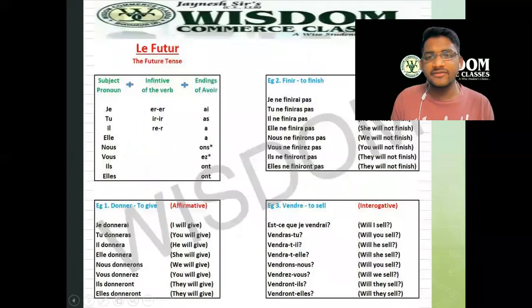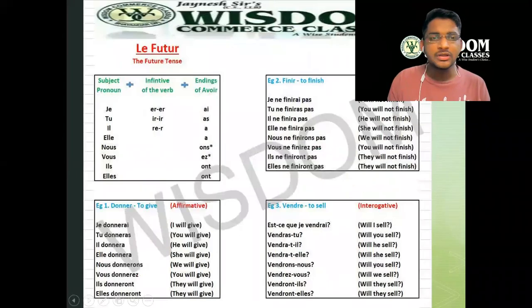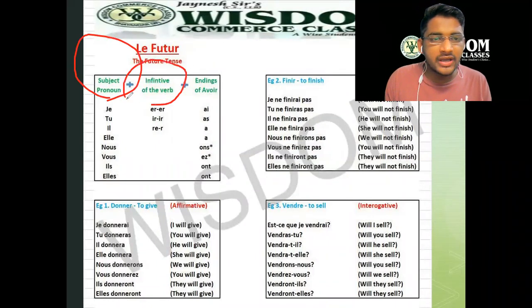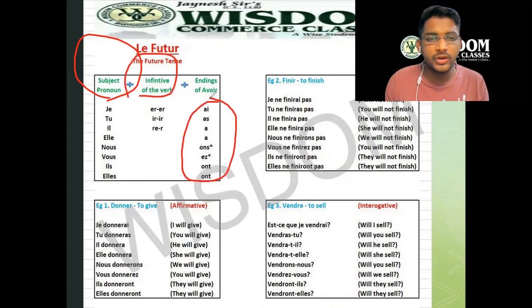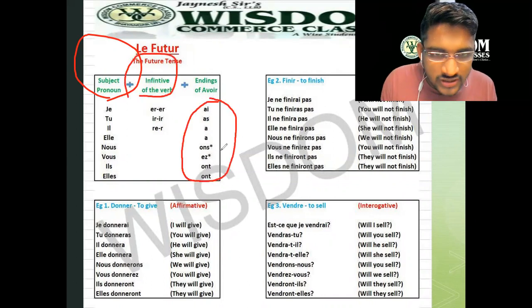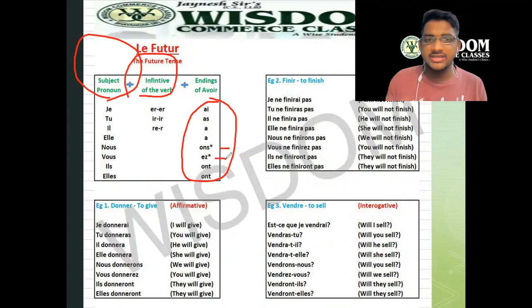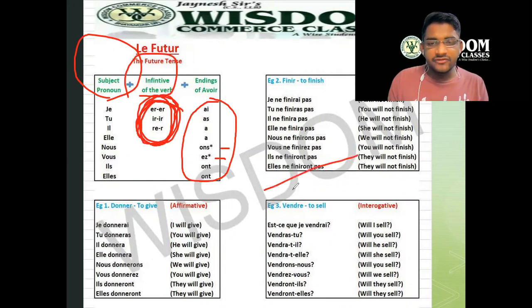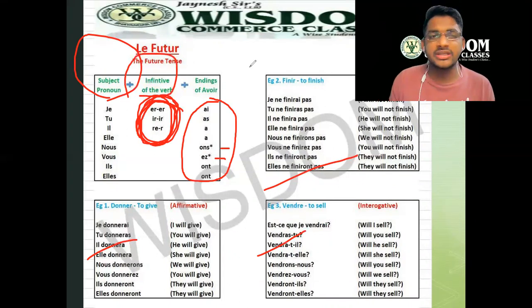और स्टूडेंट्स अगर आपको यहाँ देखना है, मैंने फ्यूचर टेंस को भी काफी अच्छे से एक्सप्लेन किया हुआ है आप लोग के लिए। What is the tense for future tense, so future tense में there has to be a subject pronoun plus stem of the verb क्या होगा, infinitive होगा स्टूडेंट, stem of the verb is infinitive, and plus endings of avoir, endings of avoir you can see over here: ai, as, a, ons, ez, ont, ओके। तो ये ons और ez के ऊपर यहाँ पे एस्ट्रिक मार्क क्यों किया, because वो avoir में भी थोड़े चेंजेस है इसीलिए। और stem of the verb क्या होता है स्टूडेंट्स, ER का ER, IR का IR, RE का R, सबके लास्ट में R आना कंपलसरी है, R लास्ट में आना कंपलसरी है। मैंने कुछ एग्जांपल्स भी दिए, if you want you can just go through, pause the video and you can go through it, मैंने इंग्लिश ट्रांसलेशन के साथ सारा अच्छे से एक्सप्लेन किया हुआ है।